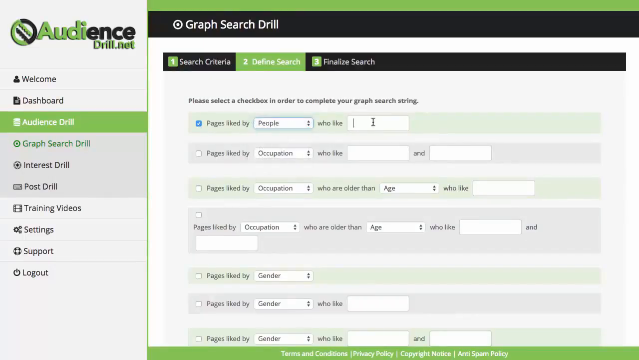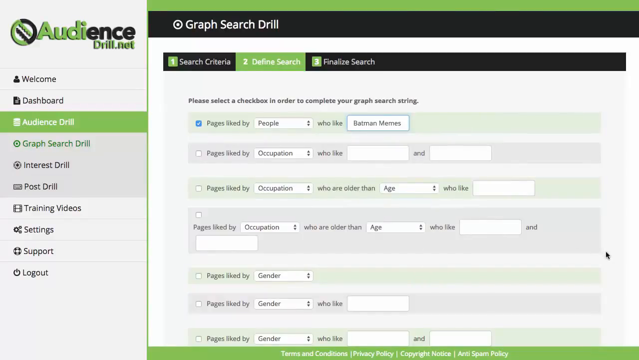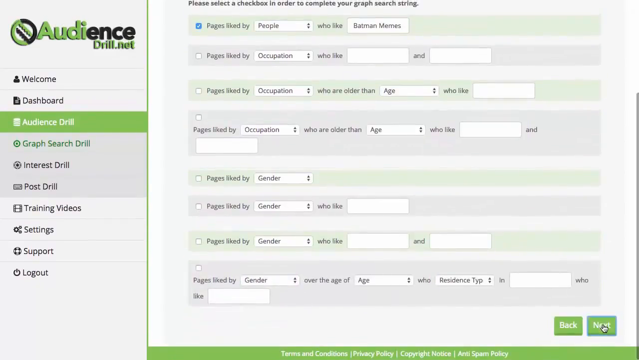Select people, and this is directly tied in with the Facebook API. So when they start typing in their keyword, it's going to go pull Facebook pages directly from Facebook. So I can go ahead and, let's say, Batman memes. Okay, click on next,